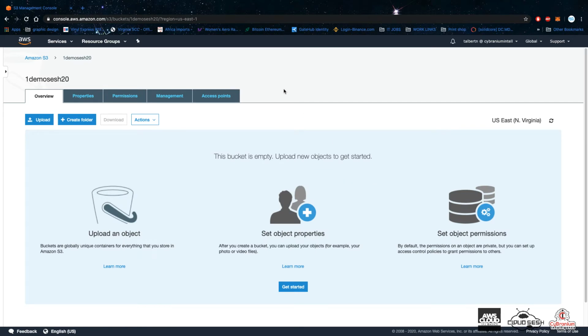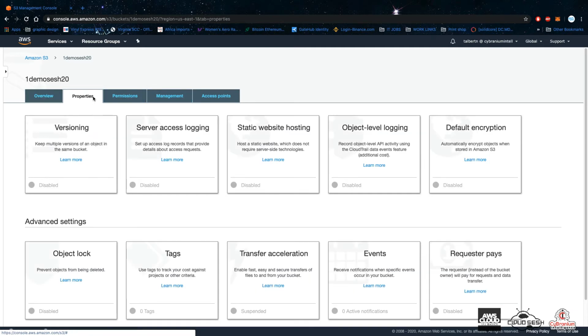Okay, so here we can see we can upload an object within our bucket. We can set object properties, and we can set object permissions. So here's where all the action will happen for the objects within your bucket. And you can also see that you can create a folder as well. So what I'm going to do, well, before we upload anything, here you can see the navigational menu here. We can go into properties, all right, and different things you can do once you upload an object. These are the different options you have